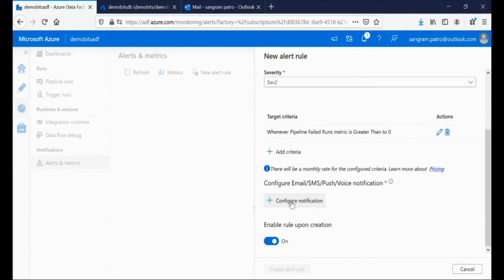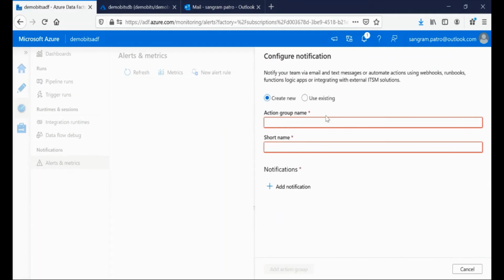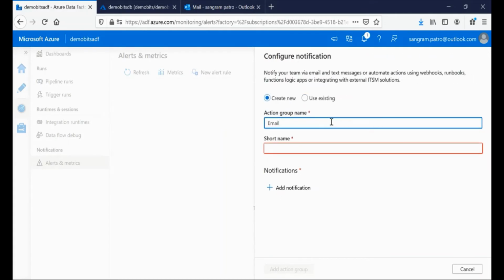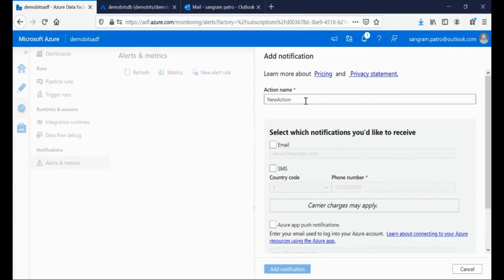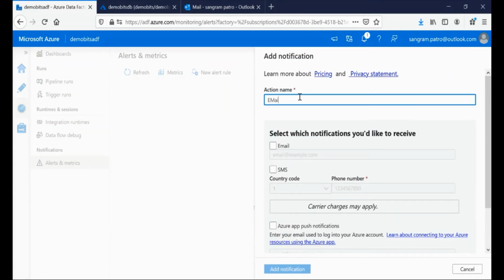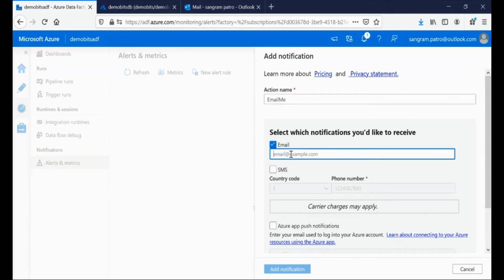Now let's go ahead and configure the notification. It says configure email, SMS, push and voice notification. So click on configure notification. Let me give an action group name as email action group, and I would repeat the same thing here and then click on add notification. I would say email me and then I would set an email.